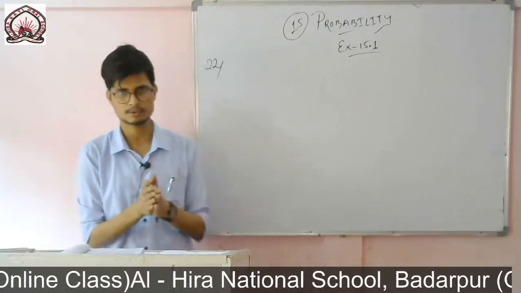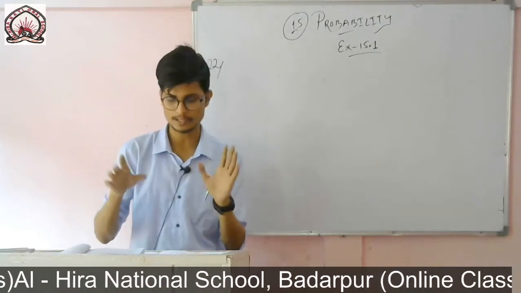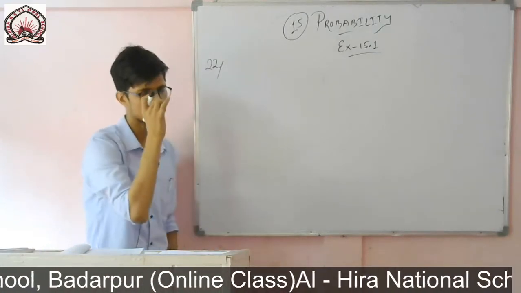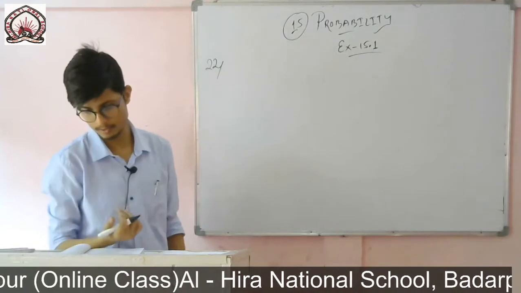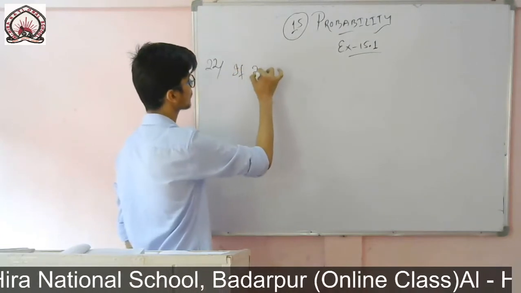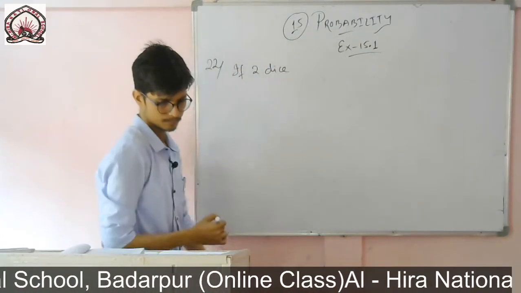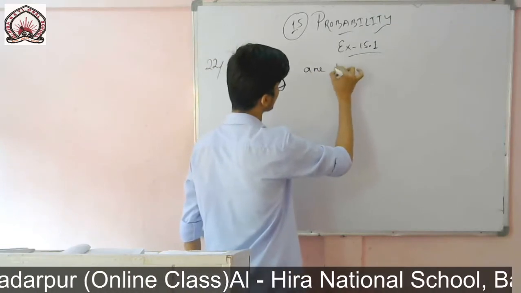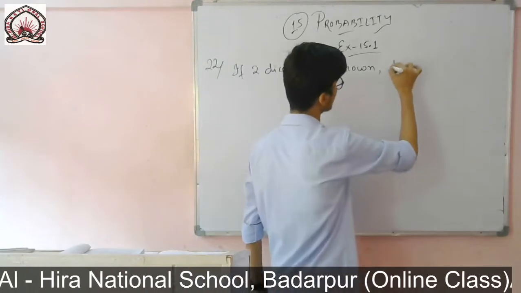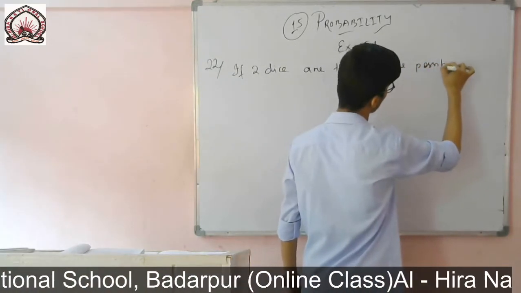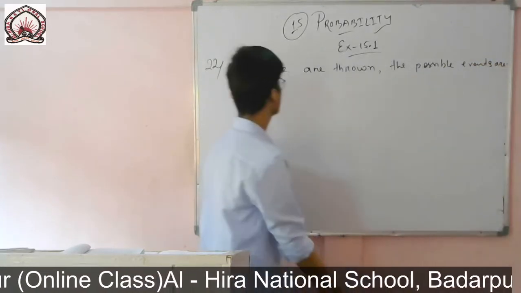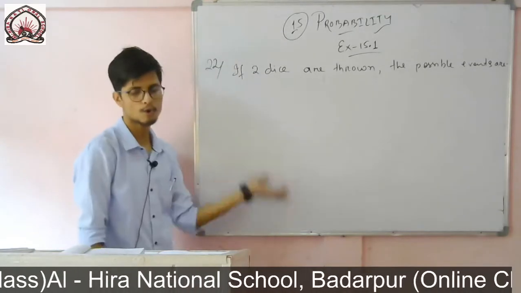Simply, if 2 dice are thrown, I will randomly write all the numbers. What are the total possible outcomes? So I will show how directly also you can find, 6 into 6, it will be 36, but the rest part you cannot do if you first of all don't find all the numbers. So you write, if 2 dice are thrown, the possible outcomes or the possible events are, I will write all the events.